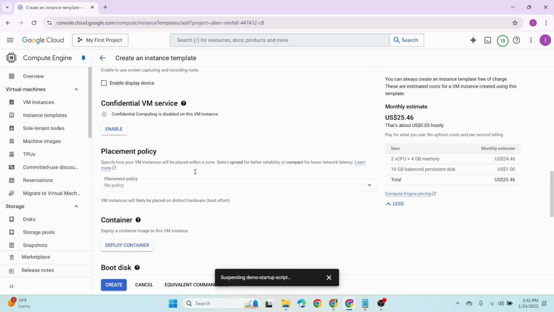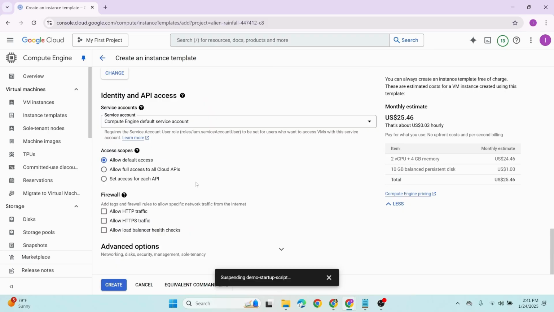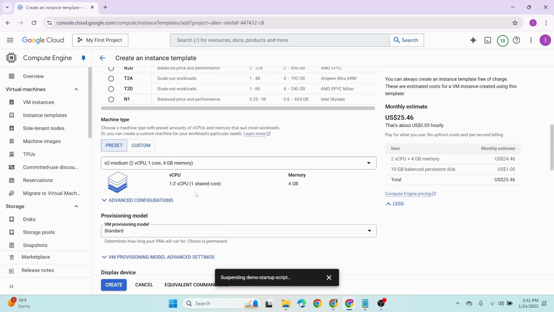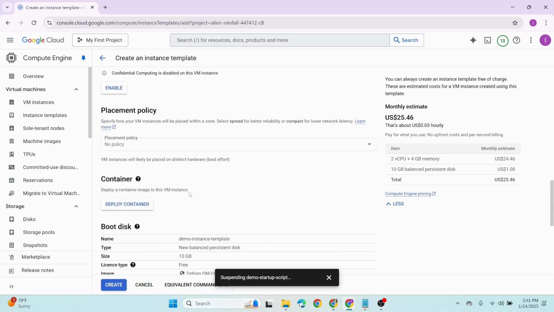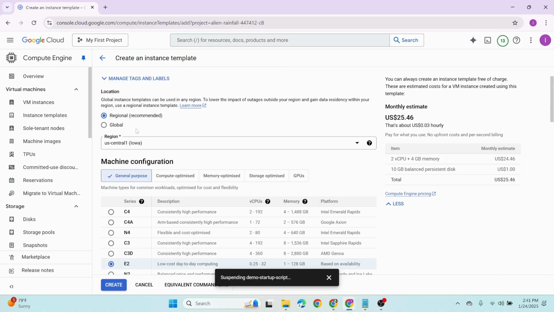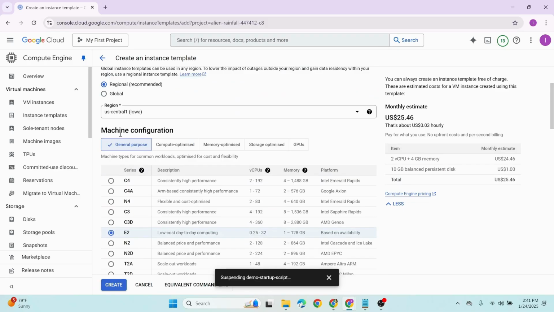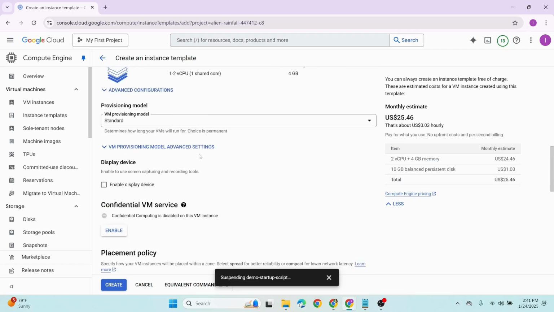You'll see almost all the same configurations that you have done. But here it's slightly different. You can see, I don't have those options that I saw for the virtual machine. Right, we had the networking, we had the advanced section. But for the instance template, you have everything in a single form here. So we need to select the options. We are done with this location. We are done with this machine configuration. So now let's move on to the